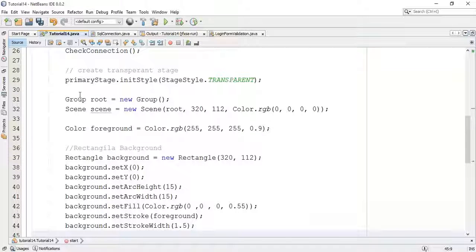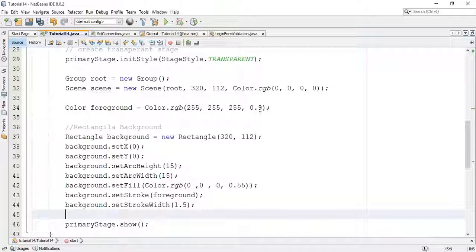We have created a layout, group layout and a scene with 320 by 112 dimensions. We have created a background color for the scene with opacity 0.9. This will be RGB.